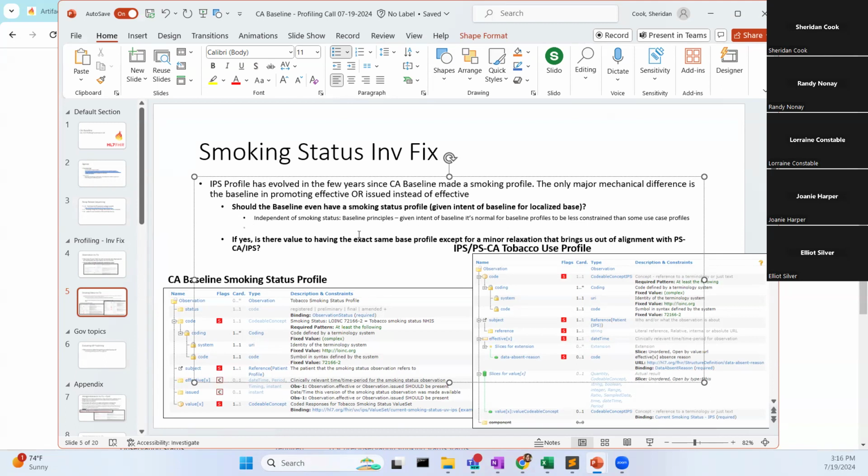The best answer that I can give you is that there wasn't an intention beyond, can we include any of the profiles that US core has already profiled? And at the time we were pulling from US core. Beyond that, I don't know if there's any reason why it's been maintained in the set of profiles to date. I think we can evaluate what benefit we get from it being in a base, and if we want to continue housing it in 1.2 and 2.0.